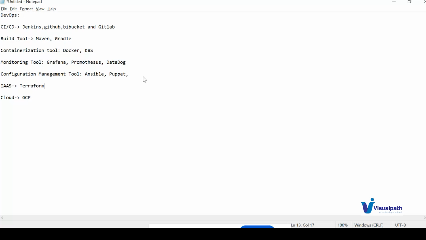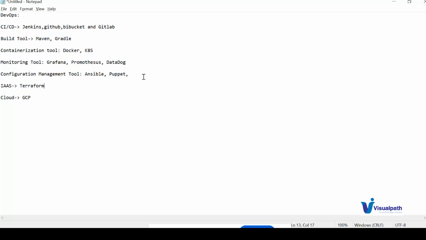At least you have to use one tool from each category. For CI/CD, either Jenkins, GitHub Actions, GitLab YAML, or Bitbucket. For the build tool, if it is a Java application, Maven or Gradle. For containerization, Docker and Kubernetes in GKE. For monitoring, Grafana, Prometheus, Datadog. And for configuration, Ansible, Puppet, and Terraform.